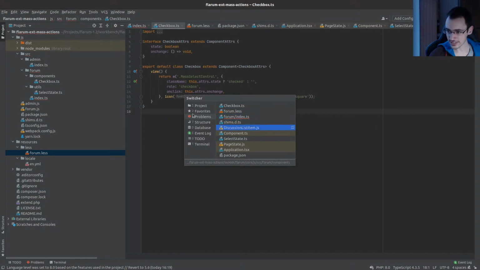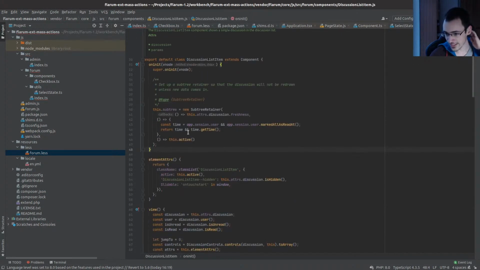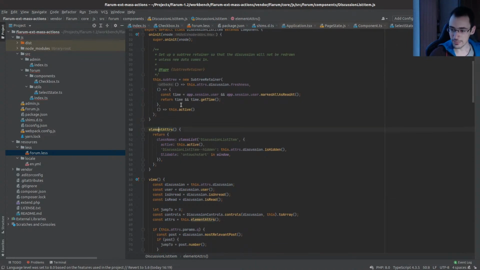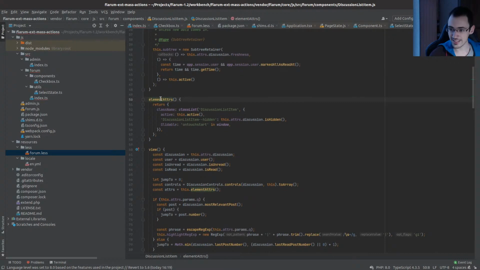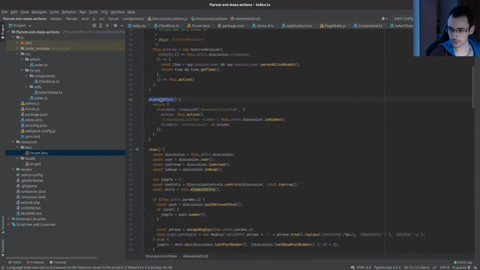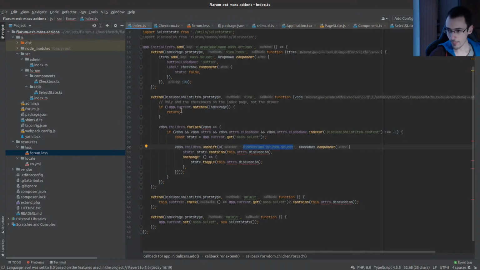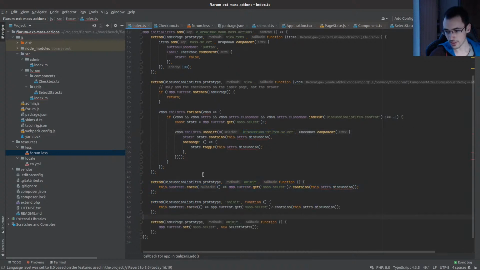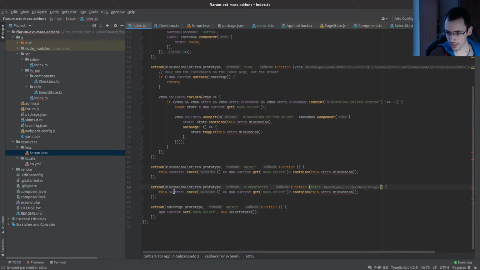So let's go back to the discussion list items. We have this element attributes. So we can extend this and we can add a new class. There might even be a function for class. No. Okay, so let's extend this. Where is it? So discussion list item. Okay, let's copy this. Extend element attributes. And then we can do